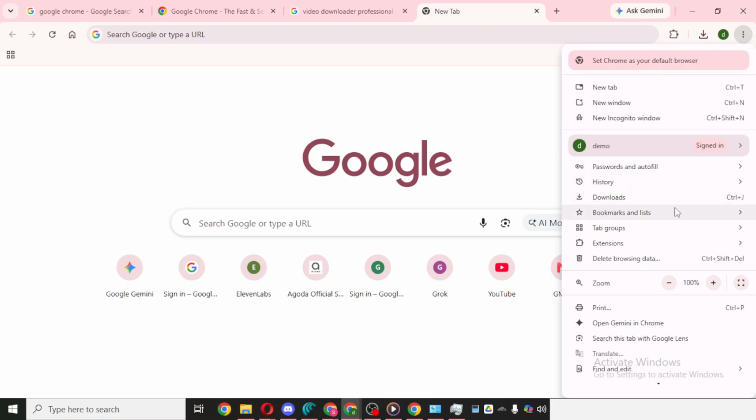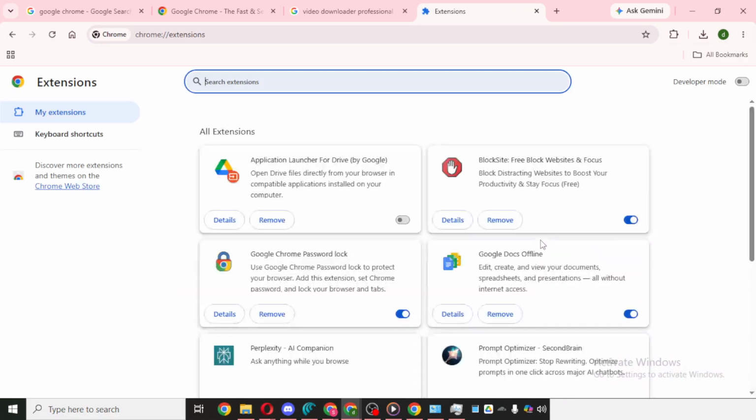Extensions can be very useful, but sometimes they can block scripts, modify web pages, or interfere with captcha systems without you realizing it. What you want to do here is temporarily disable your extensions. You don't need to remove them permanently. Just turn them off one by one, or disable all of them for the moment, and then try the captcha page again. This helps you check whether one of the extensions is causing the problem.